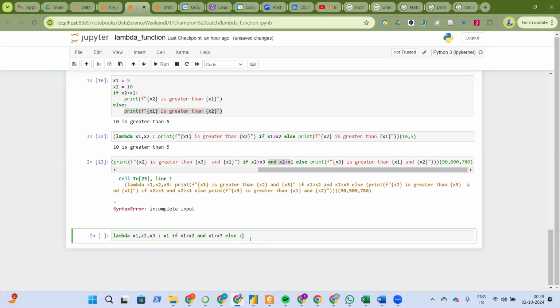And then within our brackets again, we do if x2 is greater than x1, and